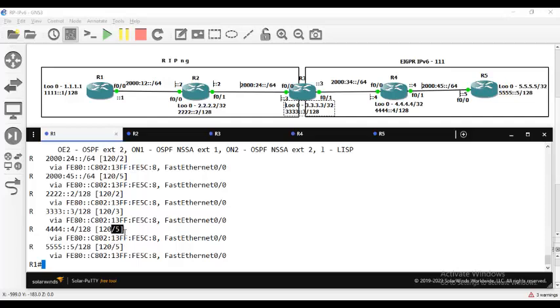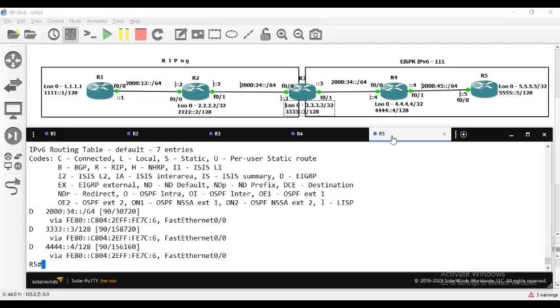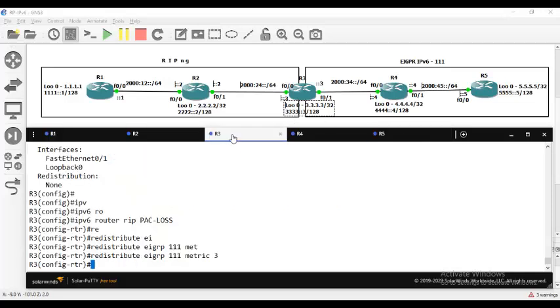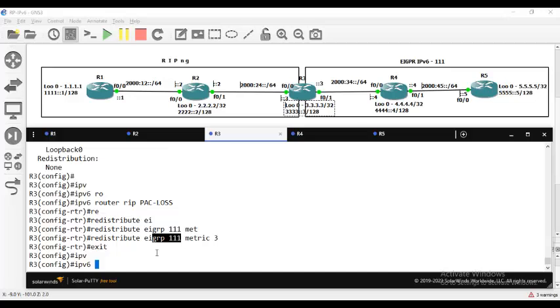All right, now will I be able to see the route of router 1 on router 5? No. Why am I not able to see router 1, router 2 networks on router 5? Because we have not redistributed from RIP into EIGRP. So let us go to EIGRP now. See, earlier we went inside RIP and gave EIGRP. Now I have to go inside EIGRP and say redistribute RIP,